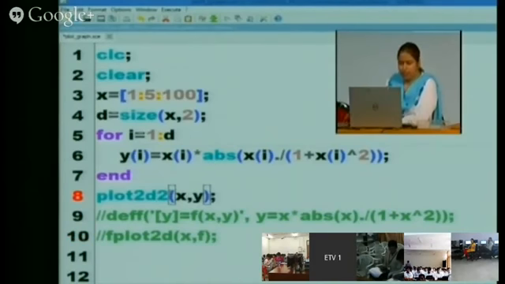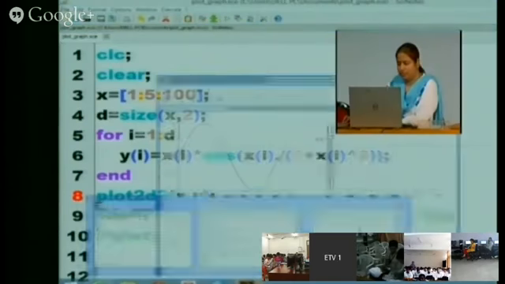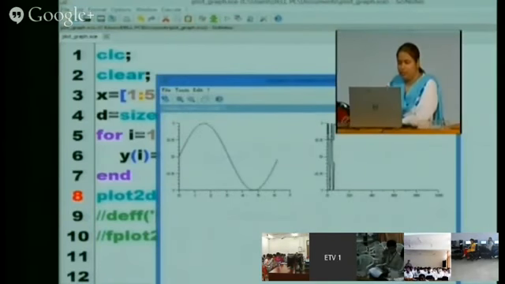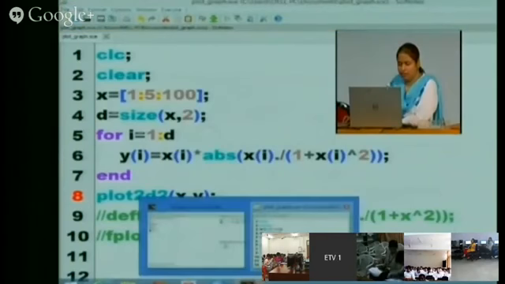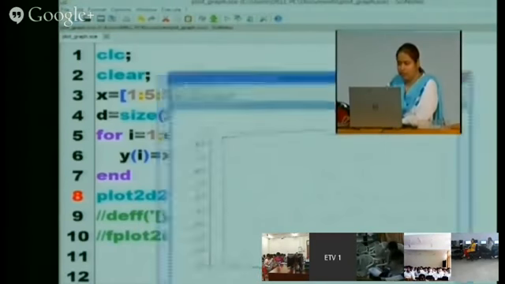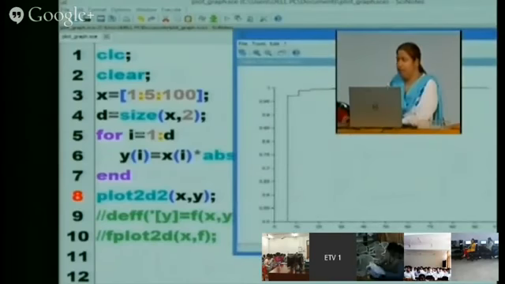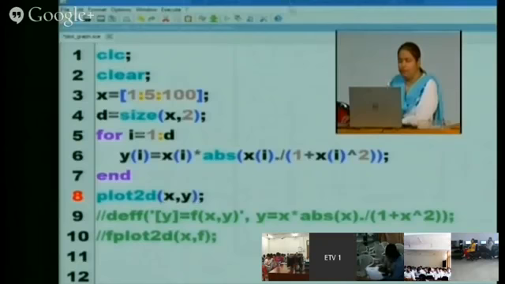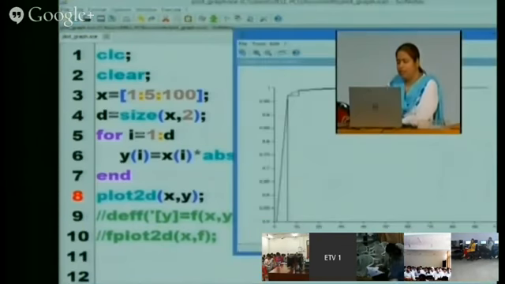I can use here plot 2D. This is the graph which I have plotted using this function, and if you use plot 2D you will get a simple plot like this.